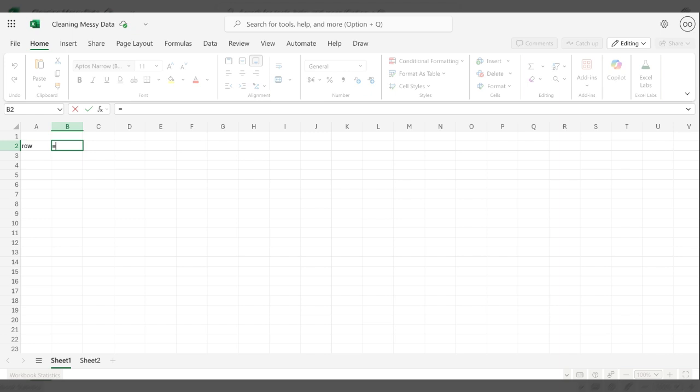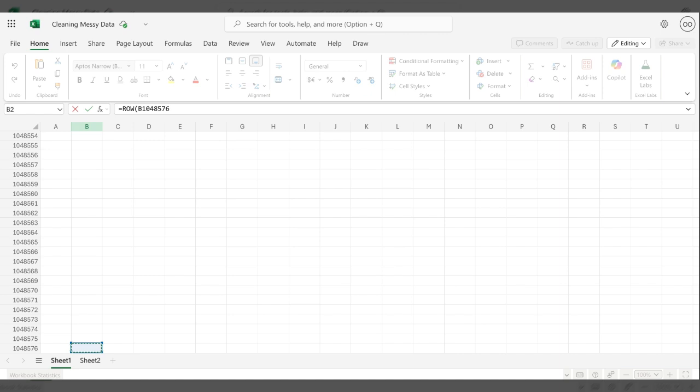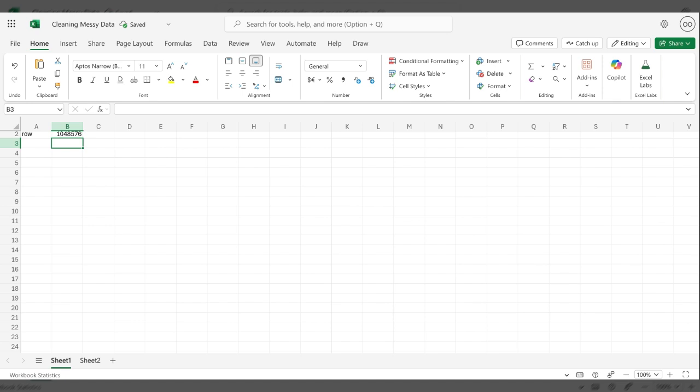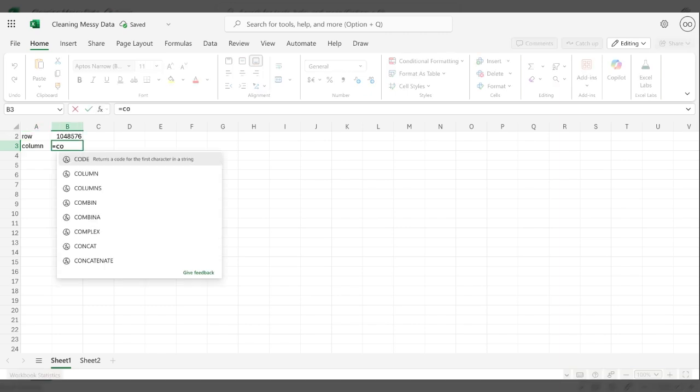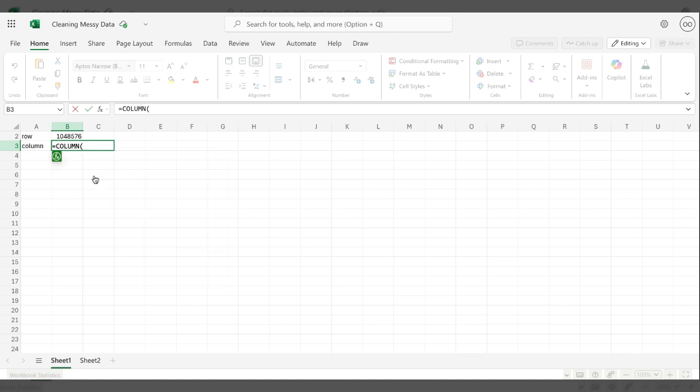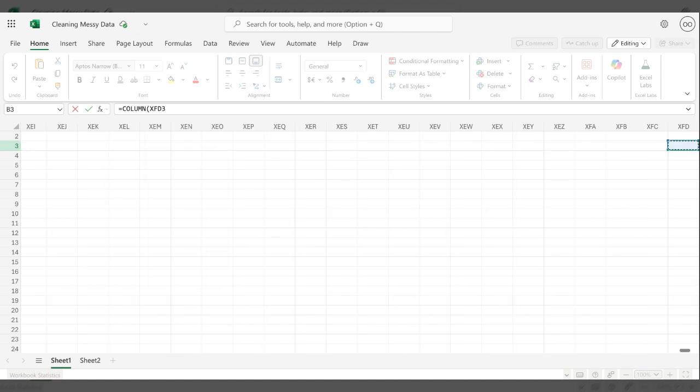So you write equal to row and you tab and you hold down your control key to go to the last cell in Excel. And when you have that, you just close the brackets and hit enter, and you have this. Then you say column too. Like I said, we have rows and we have columns. So say equal to column, not columns. Column and you hold down your control key to the end of that column and you also close your bracket